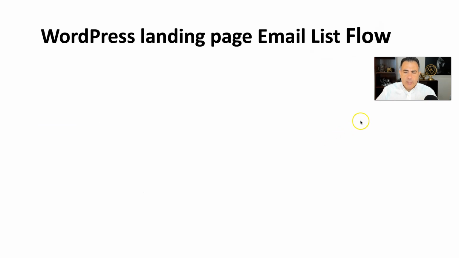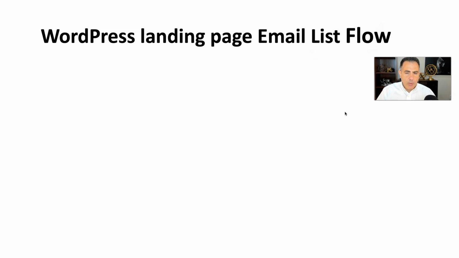All right, WordPress landing page email list flow. Now, okay, we've done all this. Now, how does that work? Okay, we tested it. I just want to kind of take it easy in case you're new, about what we have done so far. What we did so far is, with 1 click, we created a landing page. Obviously, you want to add your own stuff to it. It's already been made. It's beautifully made. You can add your own wording to it. The second thing is we put it on WordPress.